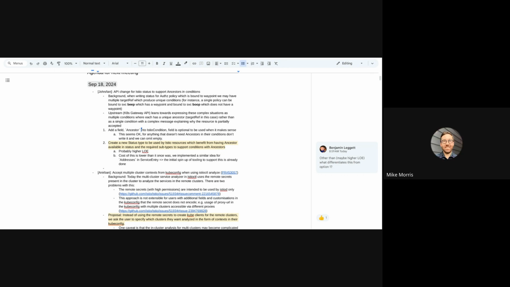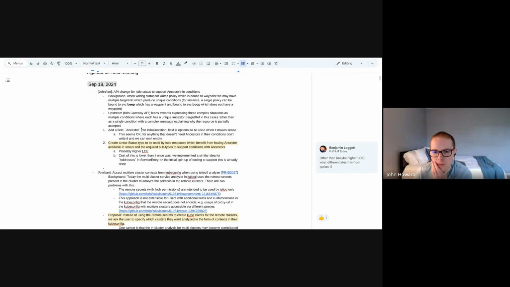Gotcha. But we definitely do need a solution for this problem, both in Istio now, as well as eventually at some point in Gateway, especially if we ever want to do auth policy in Gateway. So if we have better ideas, I don't think that's a terrible thing to try to figure out, but I'm happy to shed some concepts on this stuff. I've done a lot of work with status. I don't have an immediate better proposal though.